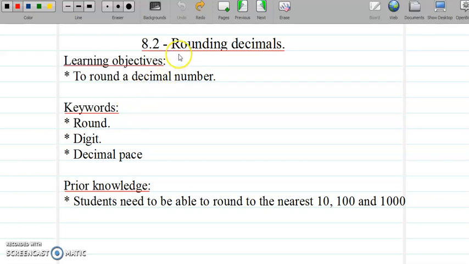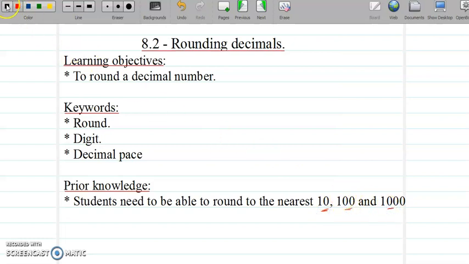In today's lesson, we are looking at rounding decimals. And the learning objective is to round a decimal number. And these are the keywords we have. But before we start, students need to be able to round to the nearest 10, 100, and 1,000. These are the previous lesson we did. So students must have the ability to round a number to the nearest 10,